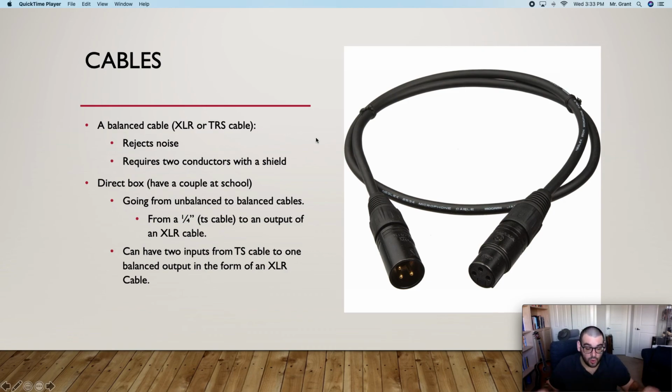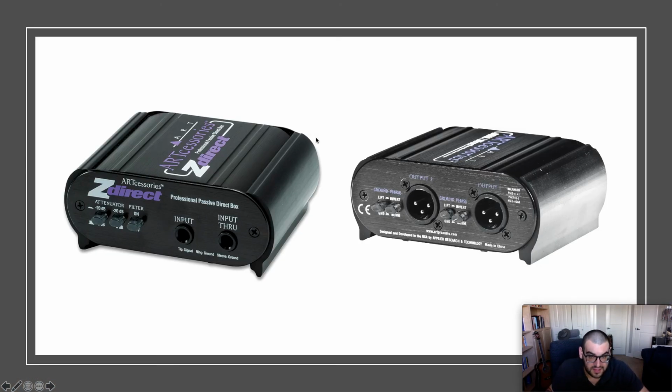So with those long cord runs, you're going to actually have this, a direct box. We have a couple of them at our school. Okay, so you'll see here, you have two inputs. You would use a 1/4-inch TS cable here on the direct box, plugging into your guitar. On the back of the direct box would be the output for an XLR cable, okay, a way more balanced sound. And so to reduce noise, to reject the noise, especially when you're recording or even in a live performance,